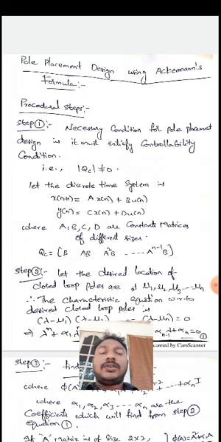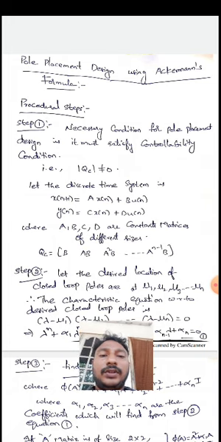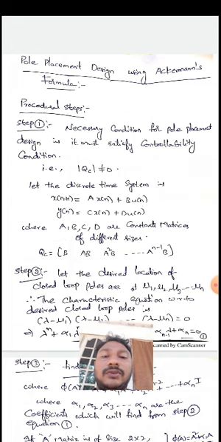After satisfying the controllability condition, in the formula we need to find QC inverse, where we have already found QC for checking controllability. I think we already know the inverse of a matrix. If it is 2 by 2, we need to find the adjoint of the matrix divided by the determinant of that matrix. So QC inverse is equal to the adjoint of QC divided by the determinant of QC. While discussing the numerical problem, I will explain clearly how to find the inverse of QC.